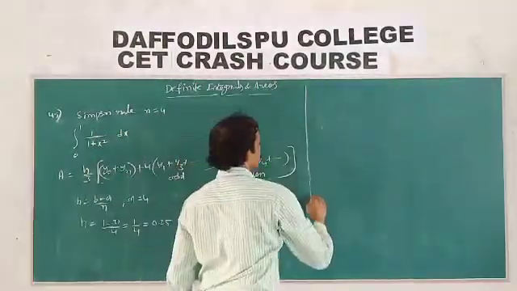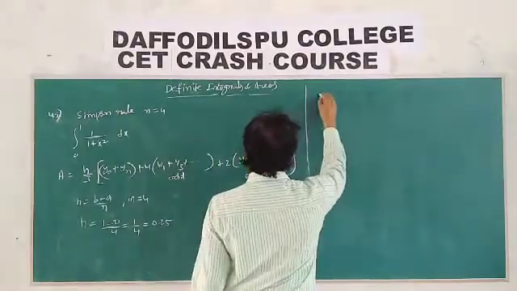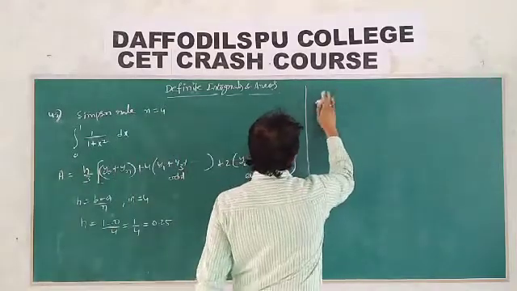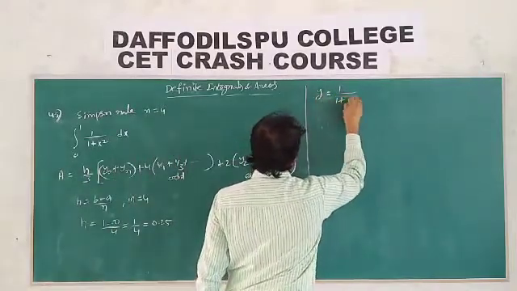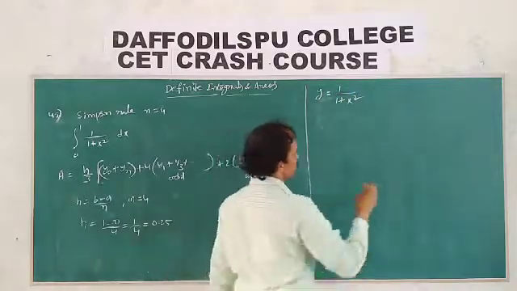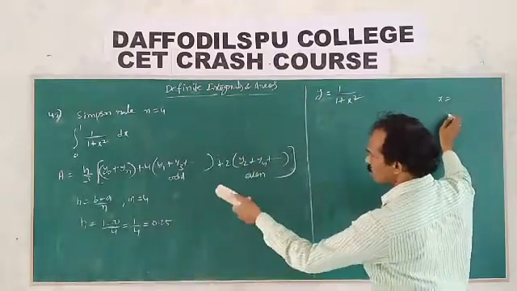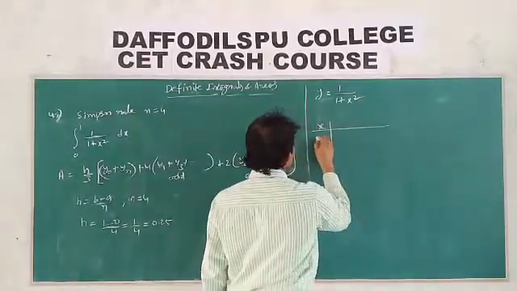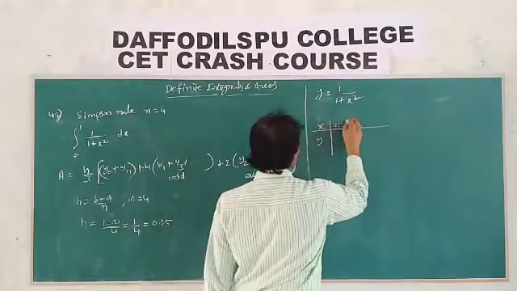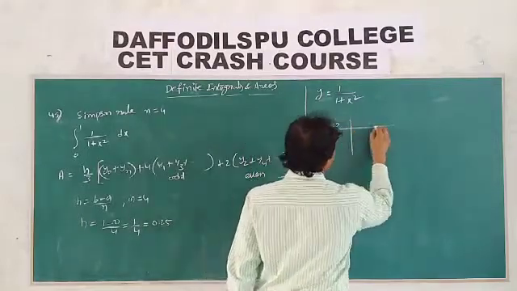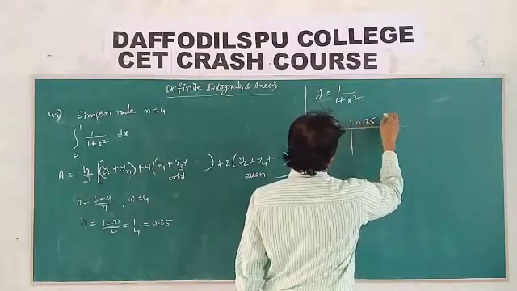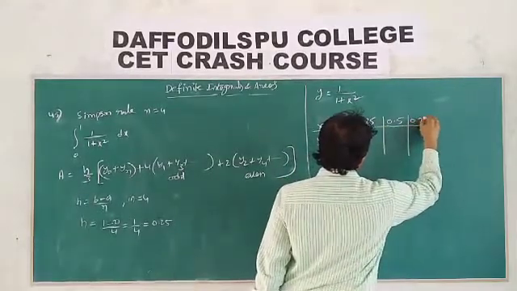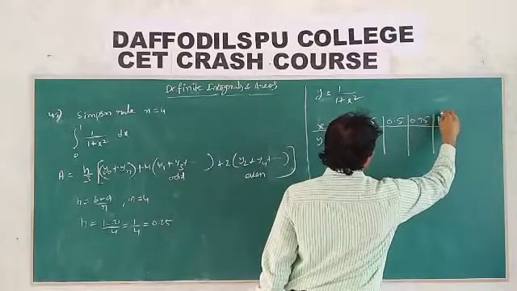Corresponding y values we should find. First of all, we have x square. Find the x square value. Actually, y is equal to what? 1 by 1 plus x square. Here we will find the x values. What is the x value? First, write the table x, y. First 0, 0.25, 0.5, 0.75, 1.